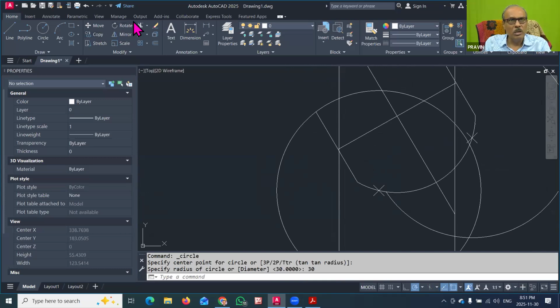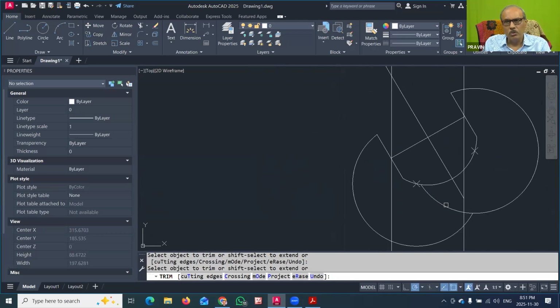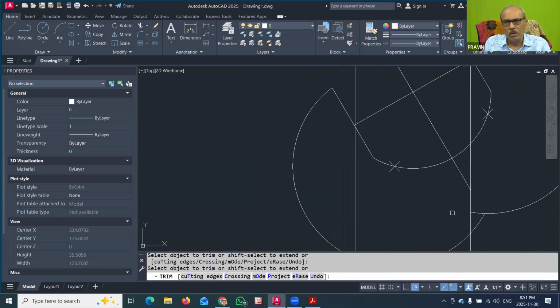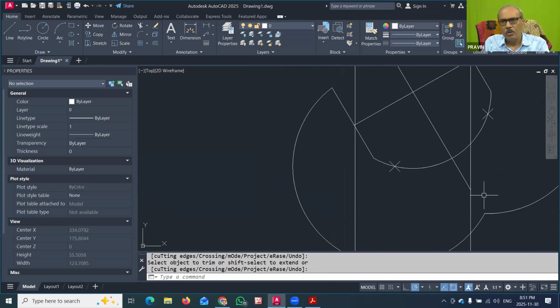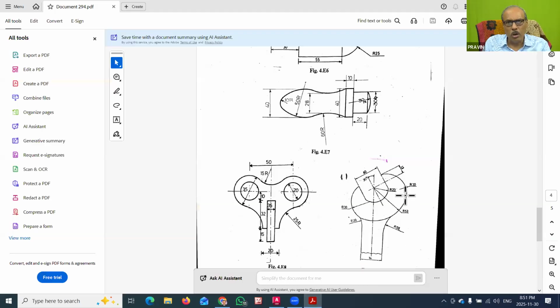So again we will go to the trim command, delete this one, delete this one, delete this one, delete this one, delete this one also, delete this one also. So this also you can delete, of course, if you require this one. I also delete this one also. So you can see that these are the two parts I have created for the outer side of the spanner. Now the important thing is again you can see that the part of the spanner which is here is continuous. So for that the radius was mentioned, that is 53, and it is from this center.